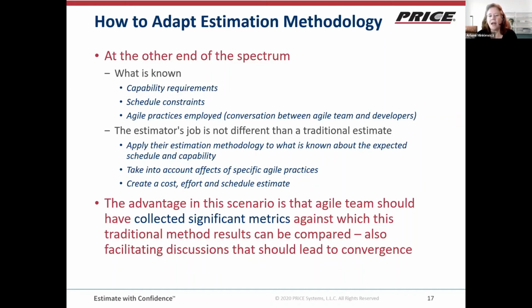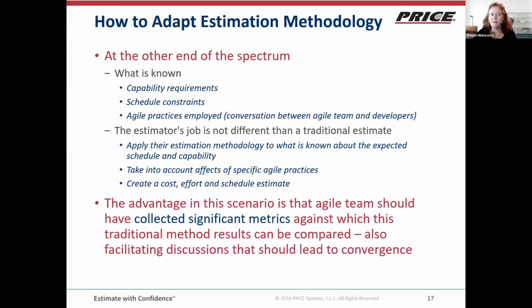They know how much they can get done in any given iteration. And over time, a team that's worked together develops a good cadence and a good understanding of the overall capability of the team's ability to deliver things, and the team's ability to look at a user story, talk amongst themselves, and come to quick convergence on how much effort or how much time or how many iterations it's going to take to implement a certain capability.